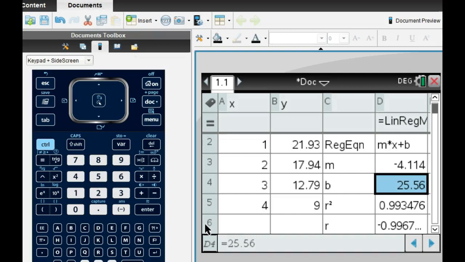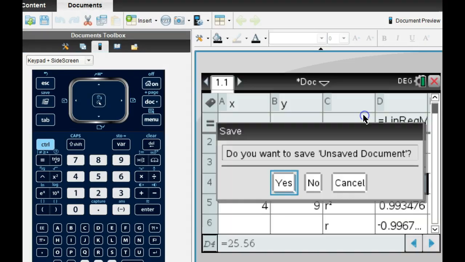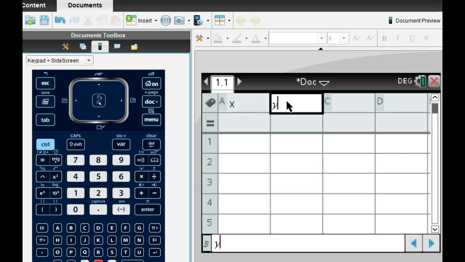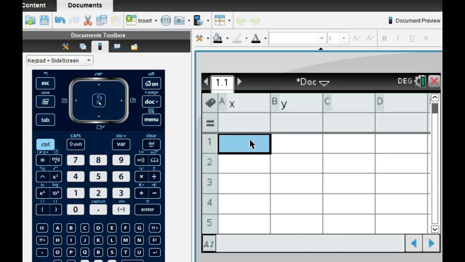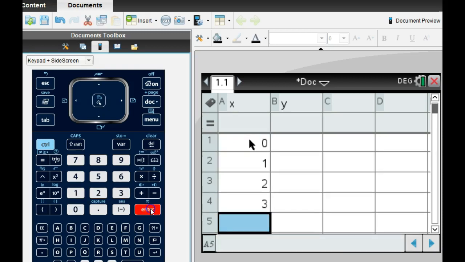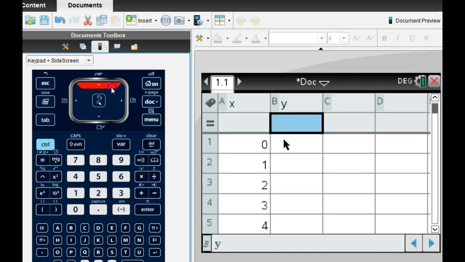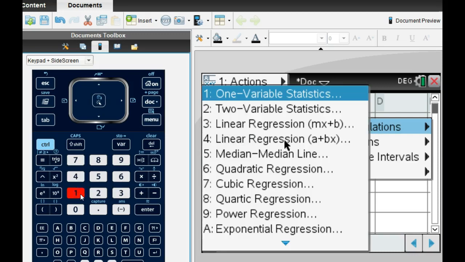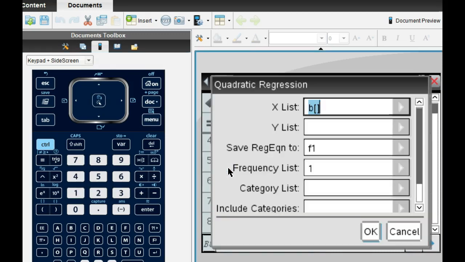So, on your document, don't save, the spreadsheets, x and y are always at the top. Now this has 0 through 6, that's a lot, but let's do it. Negative 7, negative 2, 13, 38. Menu 4, 1, and quadratic is 6. X for x,